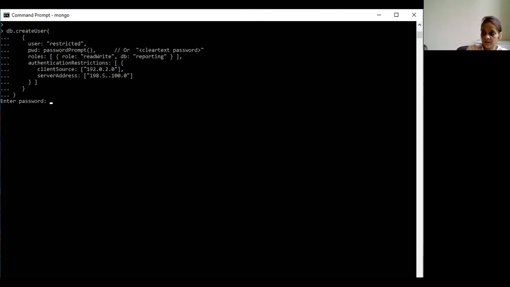Authentication restrictions, it means if we want to authenticate a particular server, suppose someone is logging into a database from a remote location, then we can authenticate the user based on his IP address. So in this case, we have provided authentication restrictions, which says client source is this IP and server address is this IP. So in this case, the user may authenticate if connecting from an IP address, and that IP address is